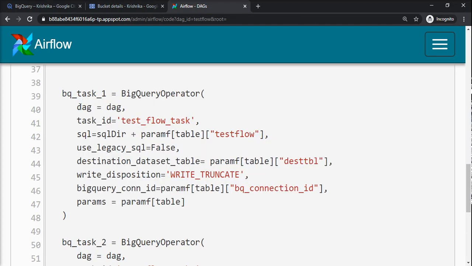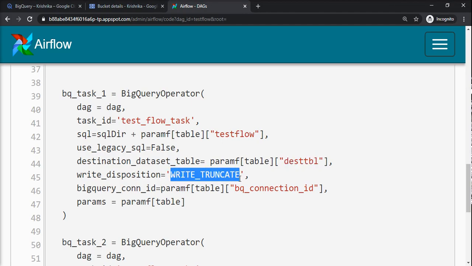One is DAG. We need to create the DAG configuration. Task ID needs to be given. Then there is some SQL directory where this particular testflow.sql will be present. We are not using legacy SQL, we are using standard SQL in BigQuery. Destination dataset, whatever operation we are performing, it will be copied to, or in this case, truncated and overwritten.